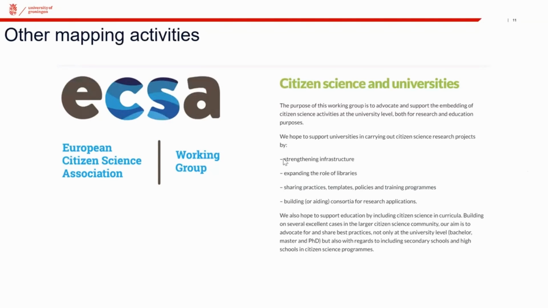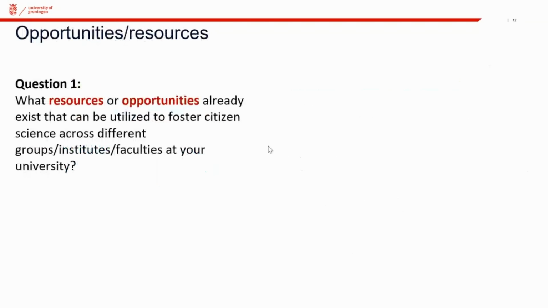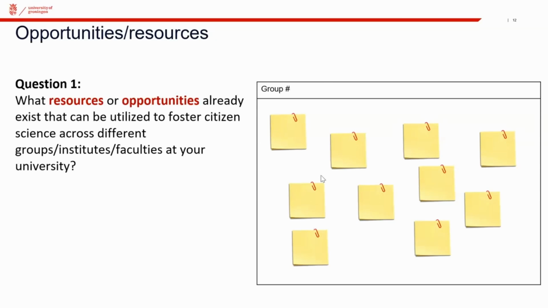And with that, let's take a look at what we want to do today in this session. We will be working on two specific questions related to citizen science at universities. We would like to look together into what resources or opportunities already exist at your organization that can be utilized to foster citizen science across different groups, institutes, faculties, or the university as a whole, or your organization as a